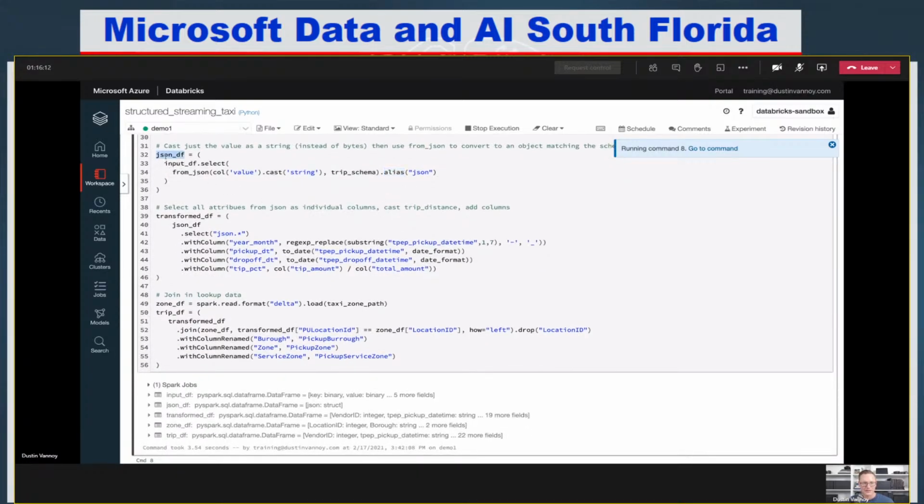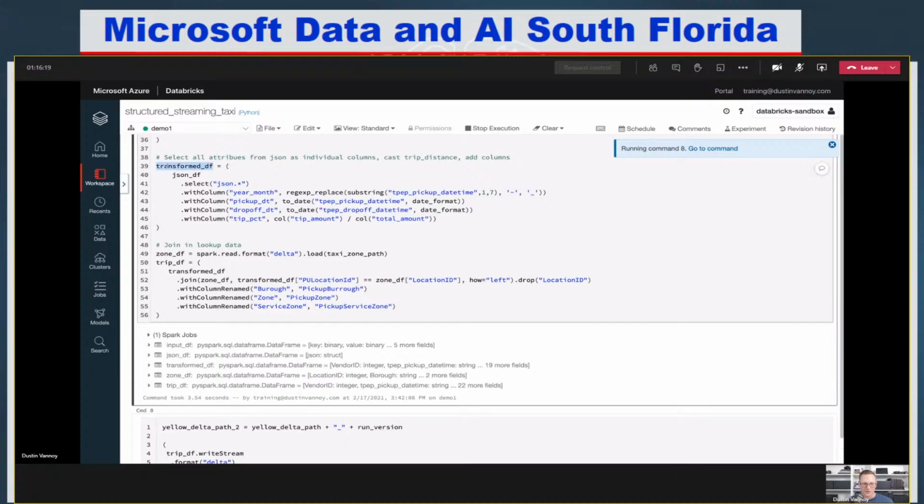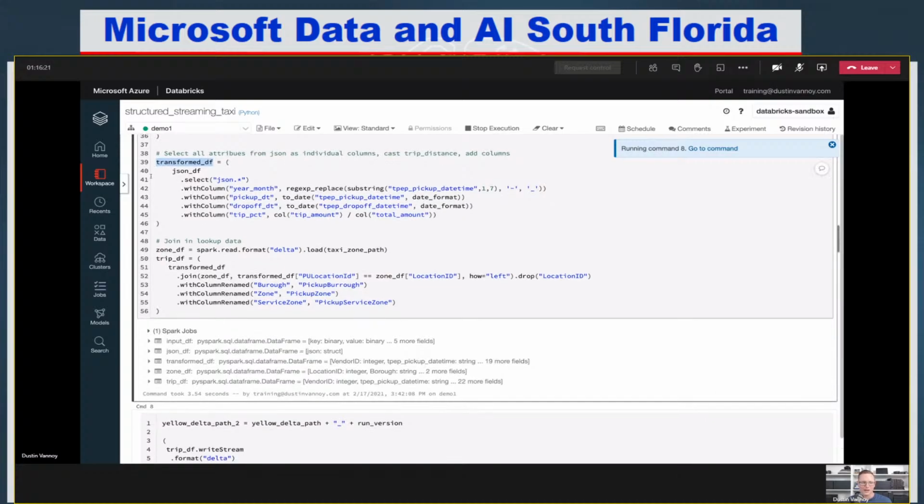So we've built up this new data frame that's the JSON data frame. Now I'm going to create a transform data frame. In that transform data frame, I take my JSON data frame and select star from my JSON object. If you're doing a select statement in SQL, select star, it's the same idea right here. I've unpacked this JSON object into a column per item in the JSON object.